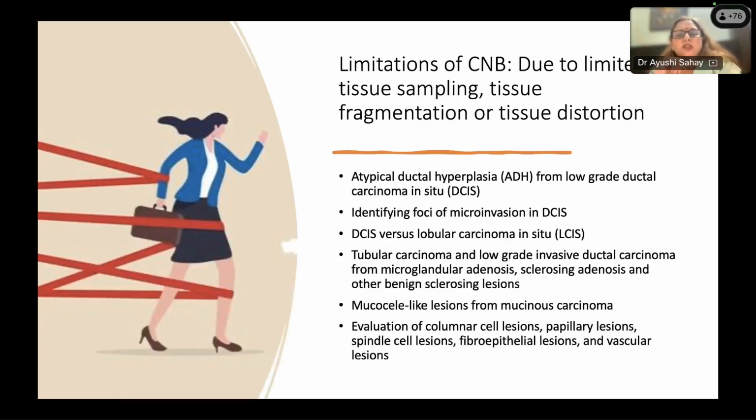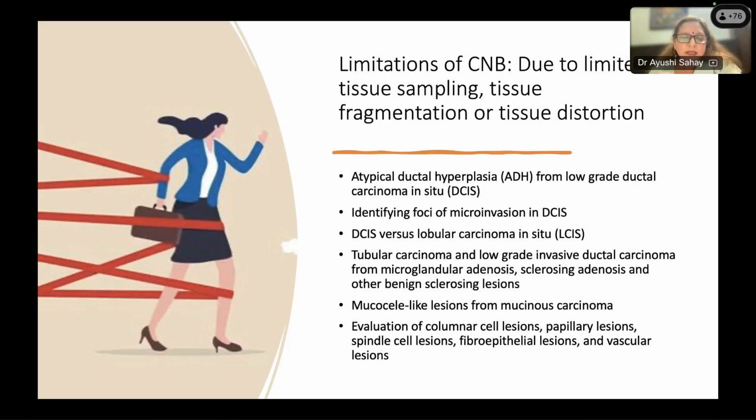And what are the limitations of core needle biopsy? Because you are taking a limited amount of tissue from different parts of the tumor, because of tissue sampling errors or tissue fragmentation or distortion, there are certain lesions which are difficult to differentiate because of these limitations on core needle biopsy. These include atypical ductal hyperplasia, which is difficult to differentiate from low-grade DCIS, identifying foci of microinvasion in DCIS, DCIS versus LCIS, tubular carcinoma versus low-grade IDC or microglandular adenosis,